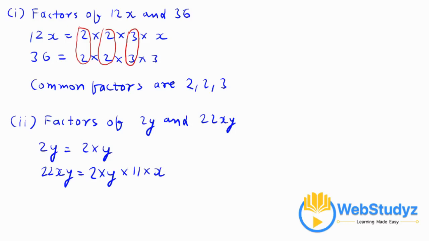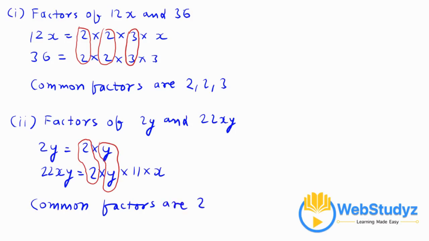So as we can see, we have two common factors here, which are, we can say, common factors are 2 comma y. Now move on to the third one,